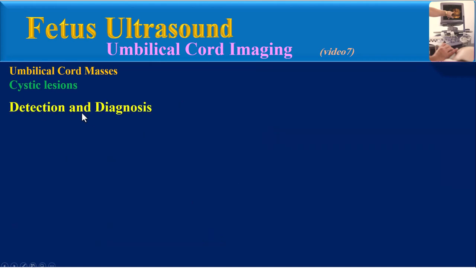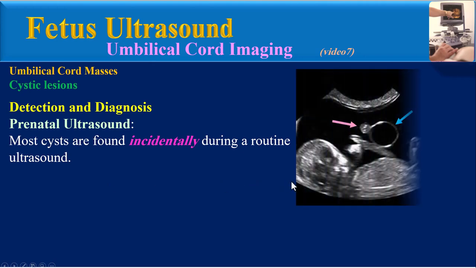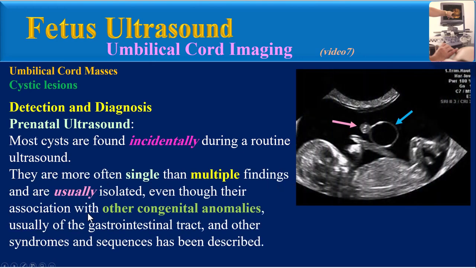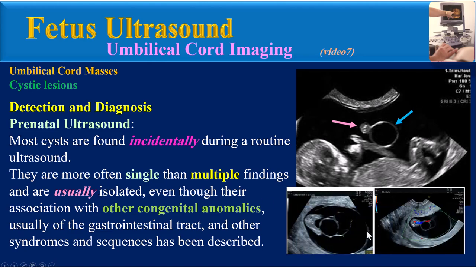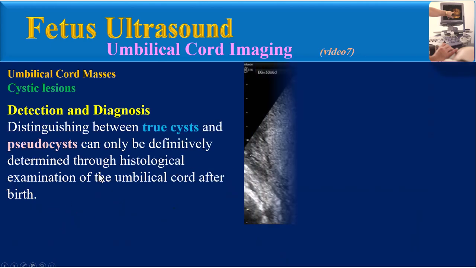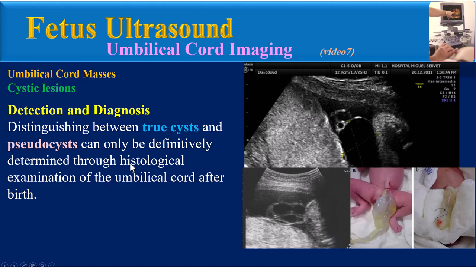Detection and diagnosis of umbilical cord cysts is possible by prenatal ultrasound. Most cysts are found incidentally during a routine ultrasound. They are more often single than multiple findings and are usually isolated, even though their association with other congenital anomalies, usually of the gastrointestinal tract, and other syndromes and sequences, has been described. Distinguishing between true cysts and pseudocysts can only be definitively determined through histological examination of the umbilical cord after